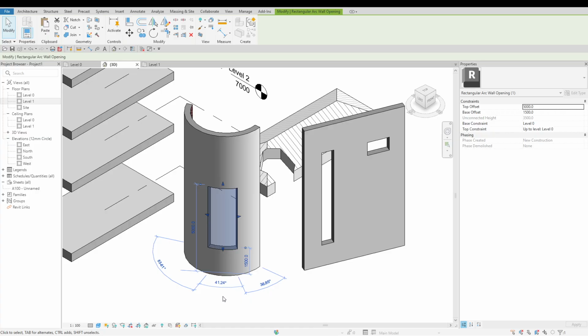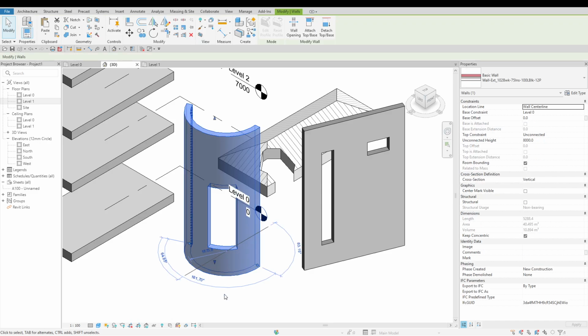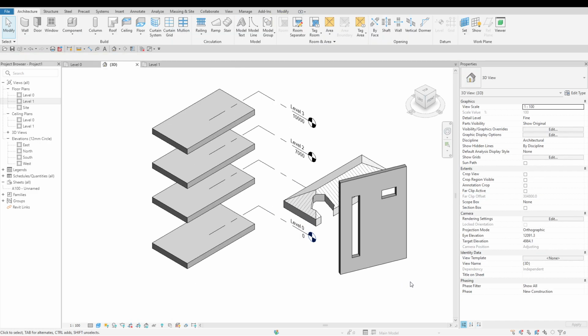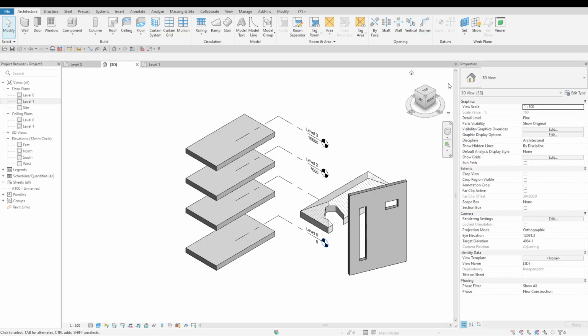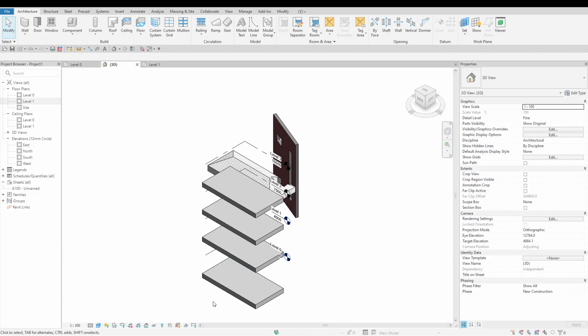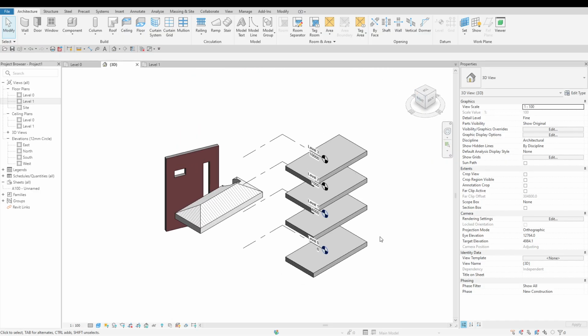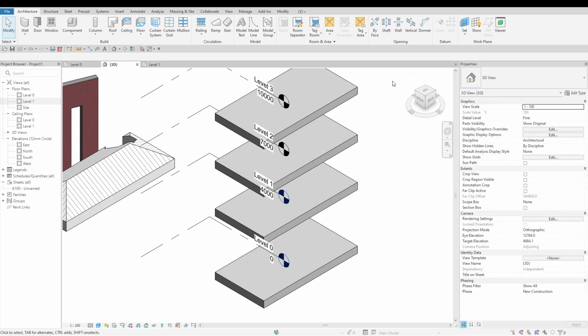Now let's dive into another powerful tool, the shaft opening tool. This allows you to create an opening that extends through the entire height of a building or selected levels, cutting through roofs, floors, ceilings, or toposolids simultaneously. First, click on the Shaft button in the opening panel